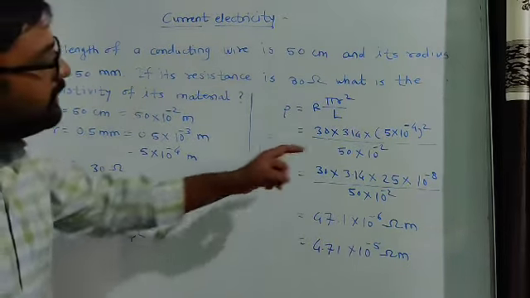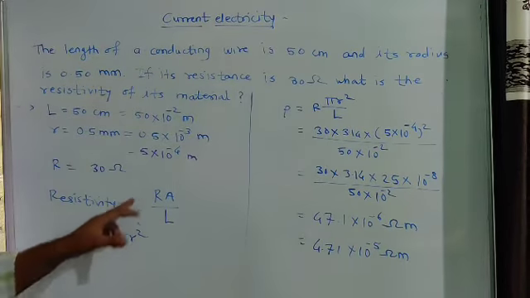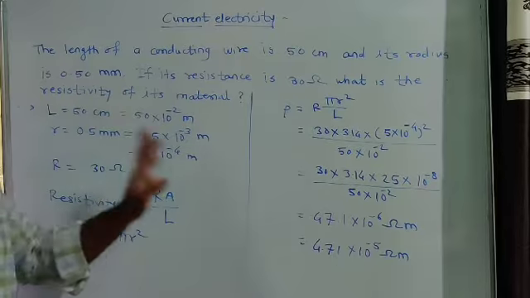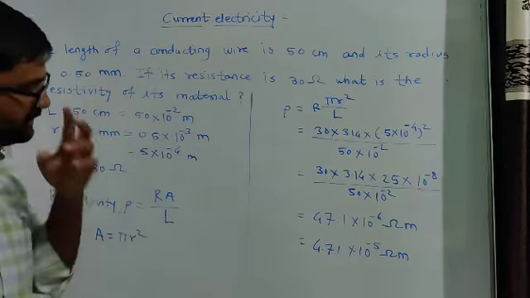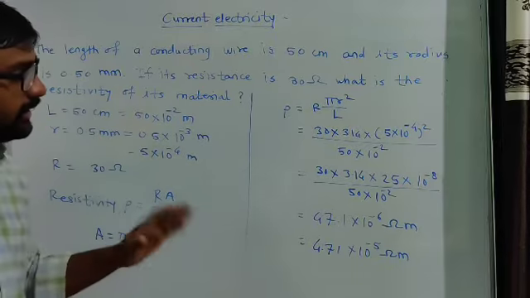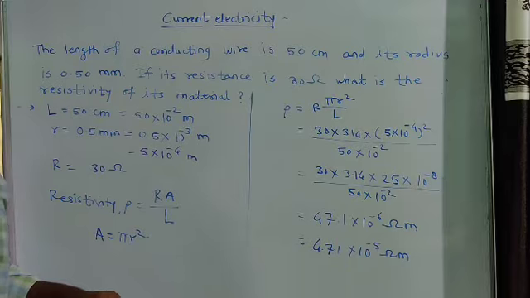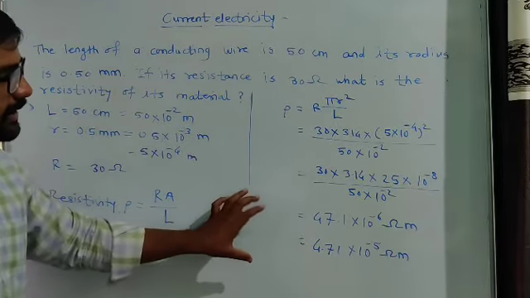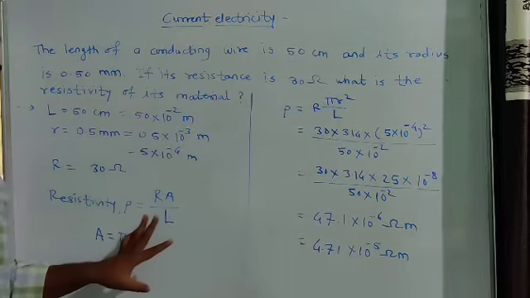Pi has a standard value of 3.14, but this r is given here as a value into 10 raised to minus 4, and we have to take its square. By simply solving it, we will easily find the answer of this problem. So it is easy, try to solve it. Other examples are like this.